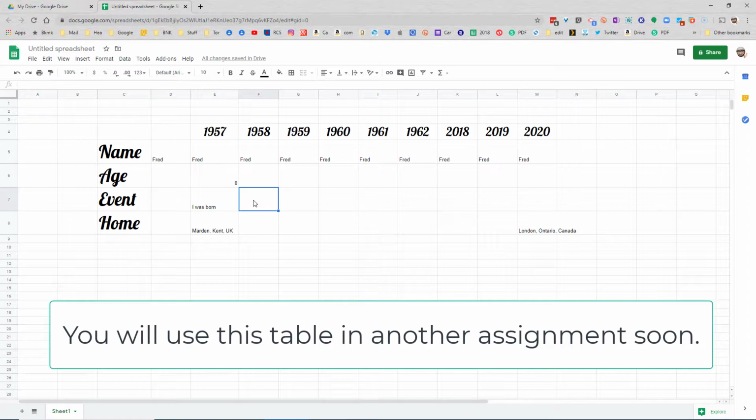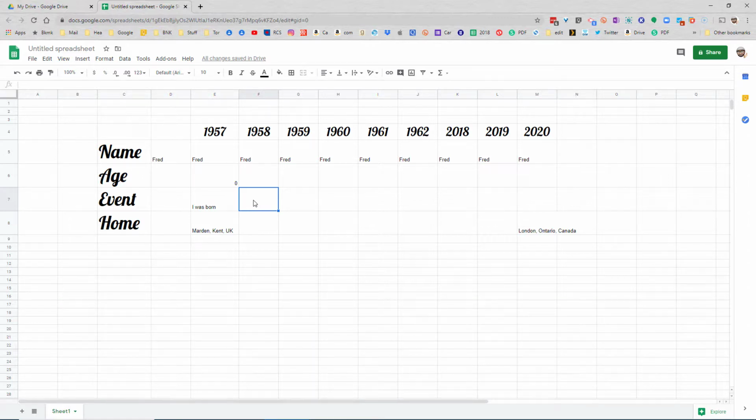Or I learned to say mama and daddy over here. Or I learned to ride a bike. Or I had a brother or sister who arrived. Or we moved to a new house. Or I went to school for the first time. These have to be important events. And your home needs to be the city, the state, or the province, and the country where you were living